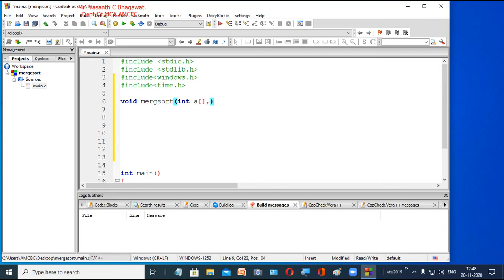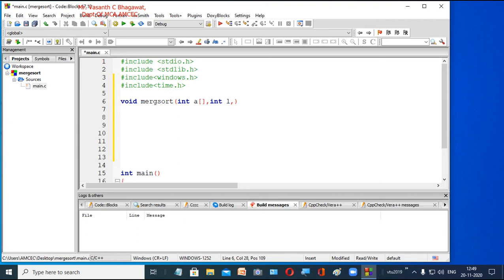So left and high, or left and right, or low or high, whatever variables you want you can use. So we'll use int L, and we'll indicate this L as low. You just take care that this is L, not 1. If by mistake you type 1, it comes in pink color, which indicates that it is a number, but here we have to define an array variable, right?